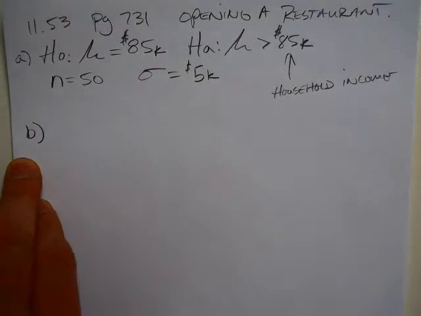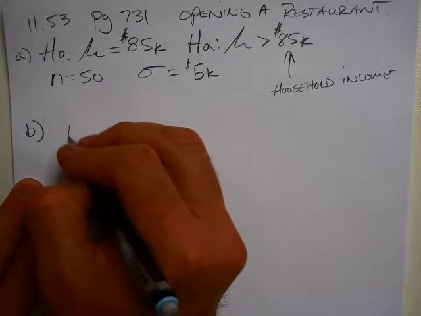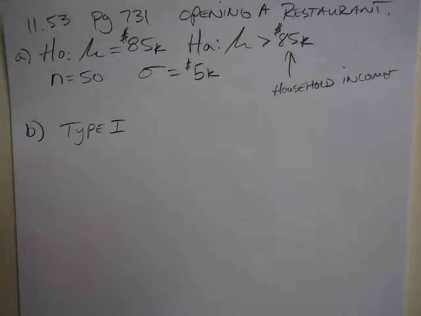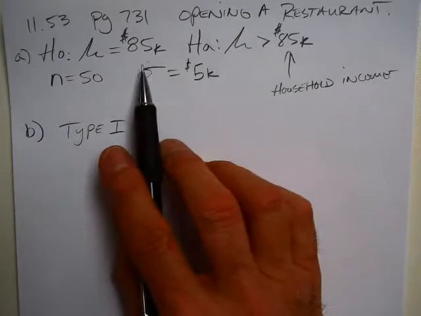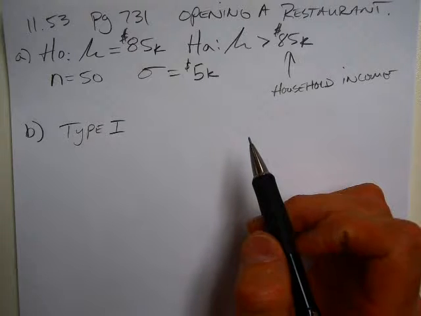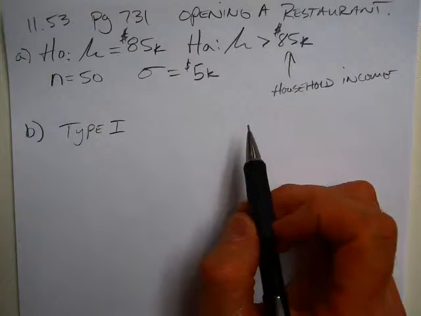All right, so B says, describe the two types of errors that you might make. Identify which is type 1 and which is type 2. Type 1, you do your calculations, you find the p-value. The p-value is very close to alpha. What would be a good alpha here? Let's talk about that later. Where we reject the null,